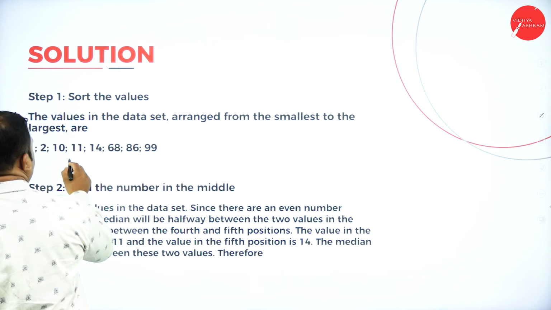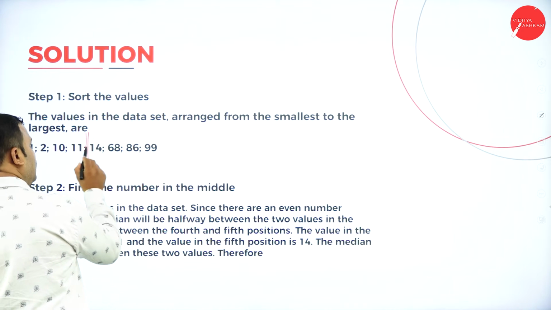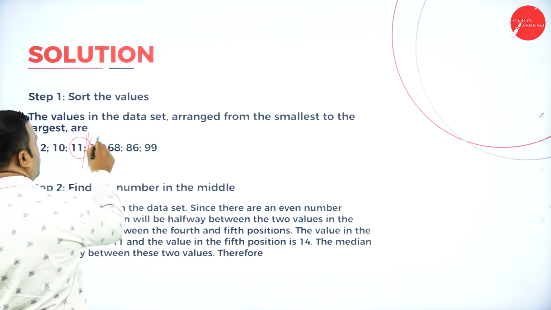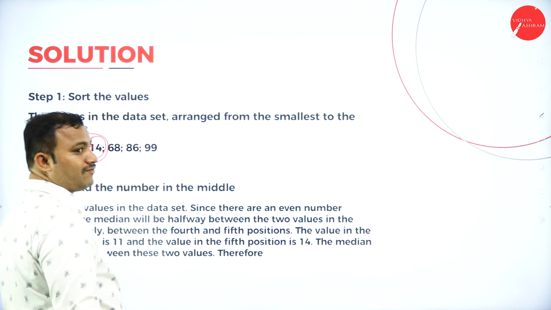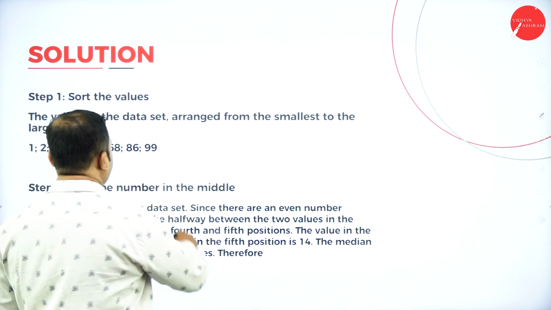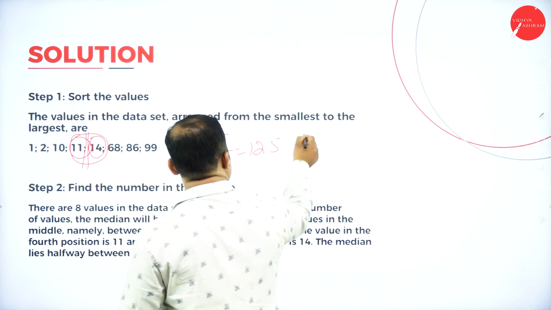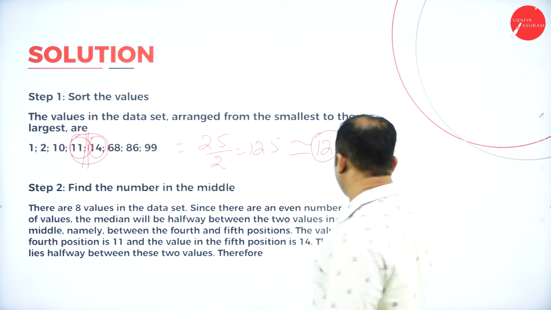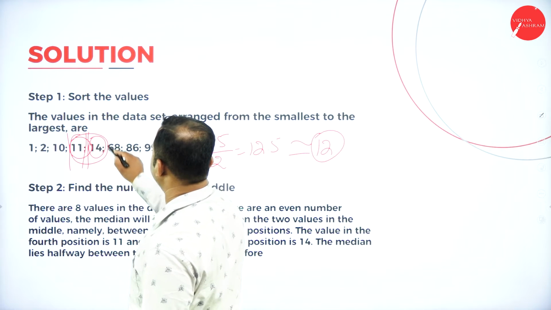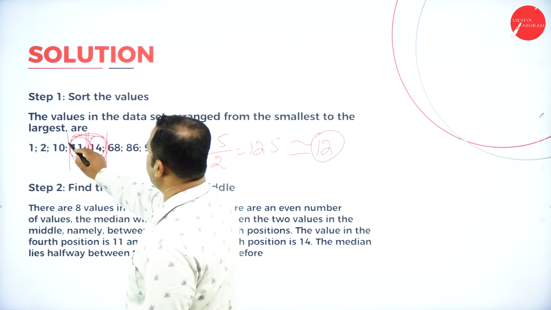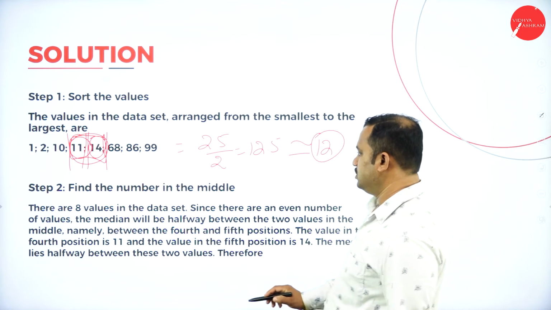Observe it here. We have 4 items here, 4 items here. What is the middle element? 11 and 14. So if that is the case, we have to consider both 11 and 14. That is 11 plus 14 is equal to 25, and 25 by 2 is equal to 12.5. Let me take the floor of this, you will get 12. Please see to it here. We have 3 items towards this side, 3 items towards this side. We have obtained 2 items here, that is 11 and 14, for even numbered values.